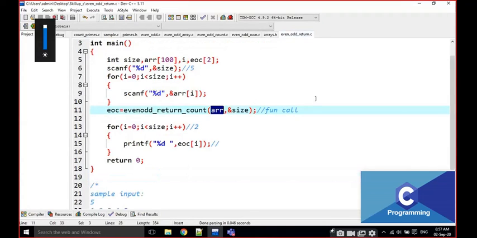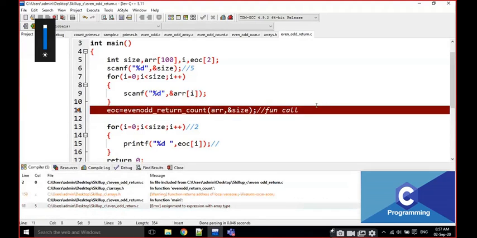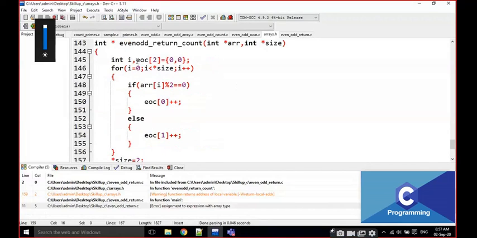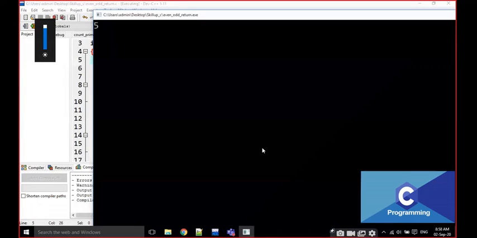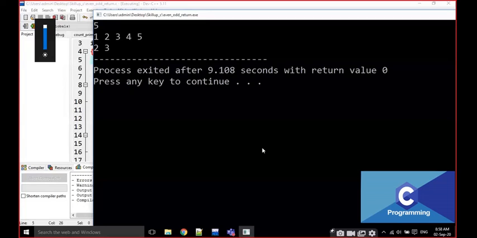For example, I will execute it. What is that? Address of the local variable. Okay. Here instead of that one, I am going to write some 5 values, 1, 2, 3, 4, and 5. The output is going to be 2 and 3 here.